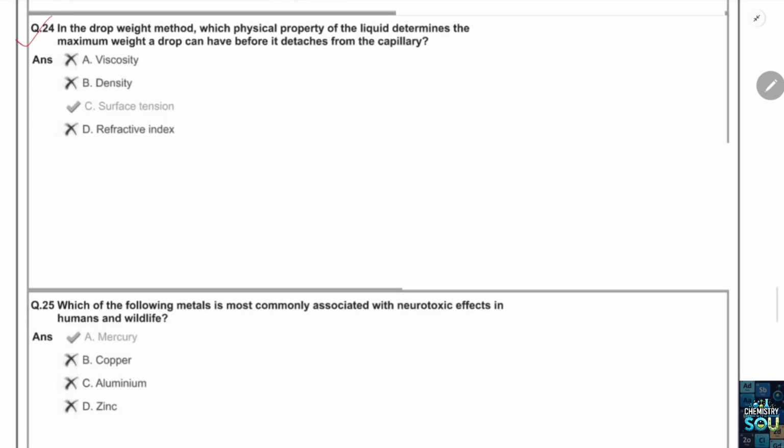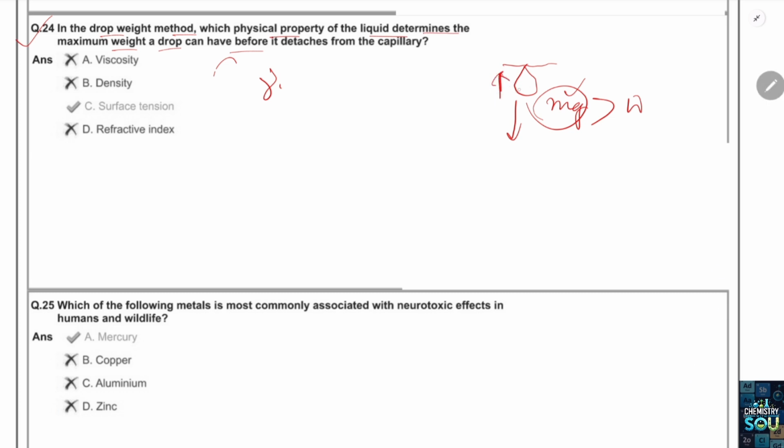In question number 24, in the drop weight method, which physical property of the liquid determines the maximum weight a drop can have before it detaches from the capillary? The drop weight method is used for the measurement of surface tension. Surface tension is gamma, and we can determine this. Basically, suppose this is a drop. It will detach from the system when its weight, that is mg, is greater than the upward force due